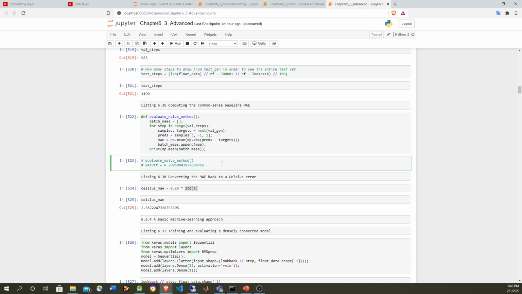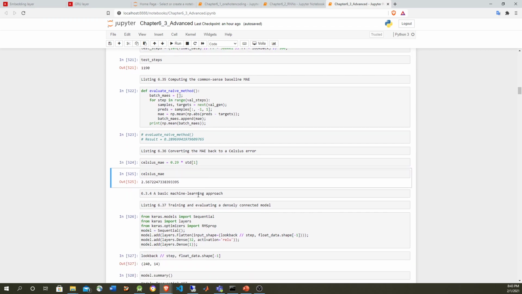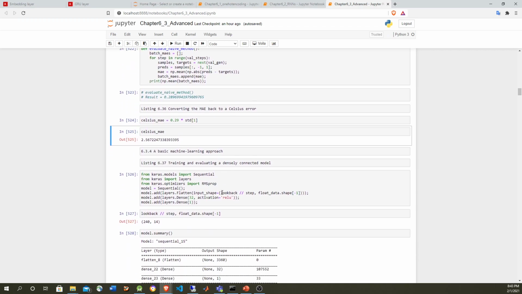So the mean absolute error of this naive computation is 0.29. Okay, so the mean absolute error of our neural network has to be below that. If you multiply that by the standard deviation, then you get the error in Celsius, which is more or less 2.57 Celsius. Okay, so now let's try our first naive neural network model, which is using fully connected layers,